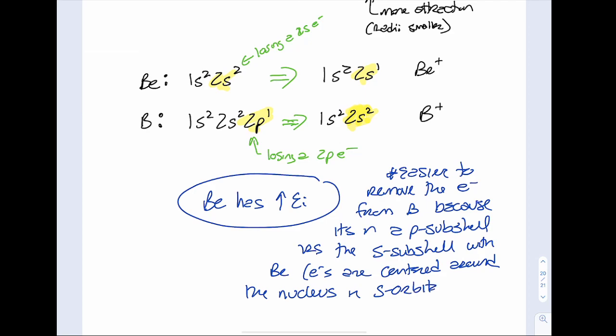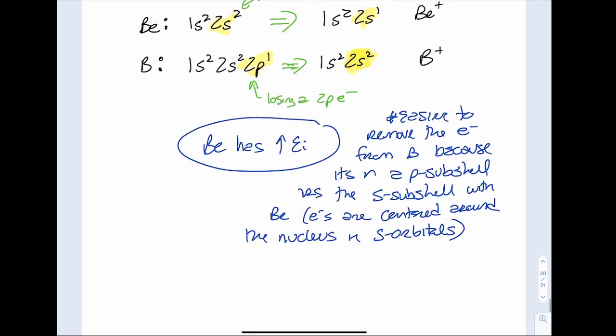There's a node around the nucleus in p orbitals, right? Remember the energy of our subshells, s orbitals are lower in energy, right? More stable than our p subshells are. So it's easier to remove an electron from boron because it's in a p subshell versus the s subshell with beryllium. Electrons are centered around the nucleus in s orbitals, so that's why it's more difficult to remove it from beryllium. And then also,